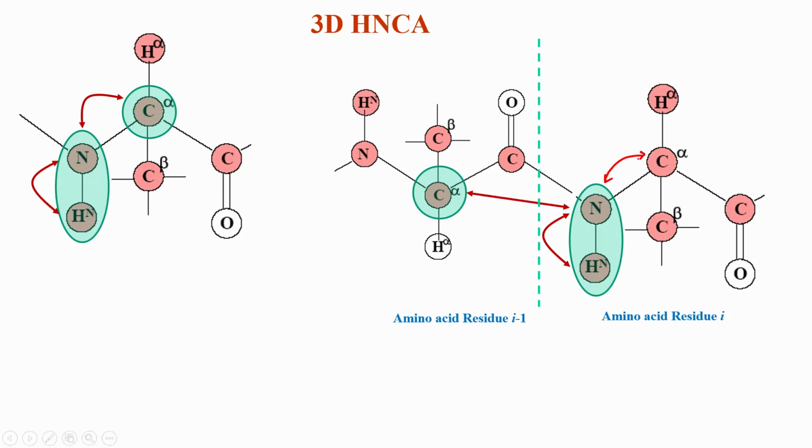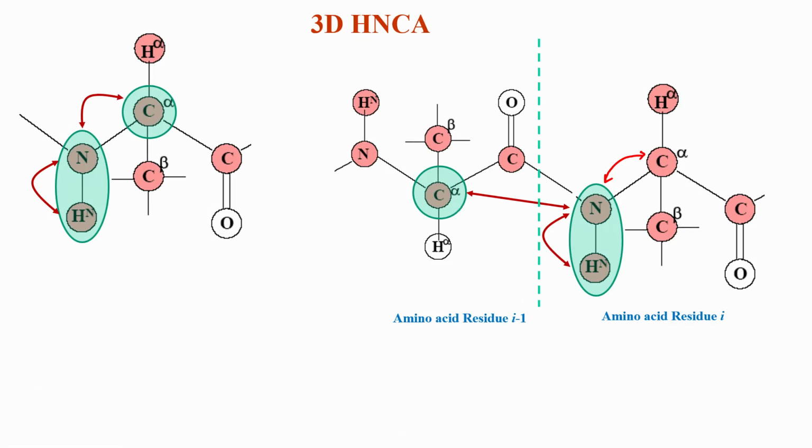Okay. So, why is it a double headed arrow? This is a double headed arrow because remember we are transferring the magnetization from proton to nitrogen to carbon, and then we come back to nitrogen and then come back to amide. So, that is why the arrows are on both sides. Okay. So, this is important to understand, why these arrows are like this. So, now we are correlating the amide and nitrogen chemical shift of one amino acid I with the C alpha of I minus 1, and this has to be very carefully understood, what is going on here.